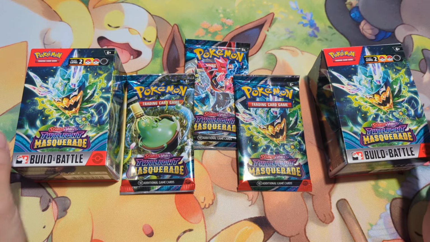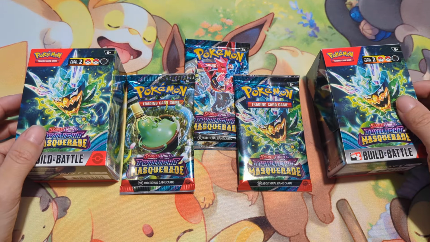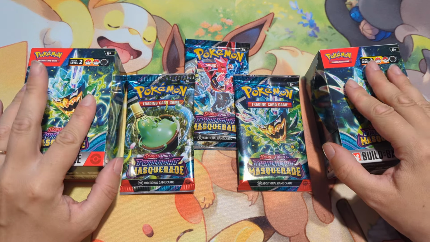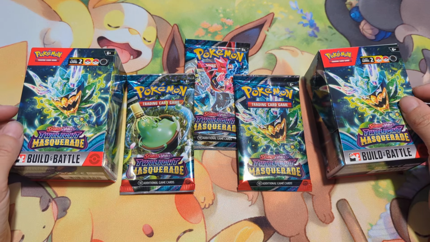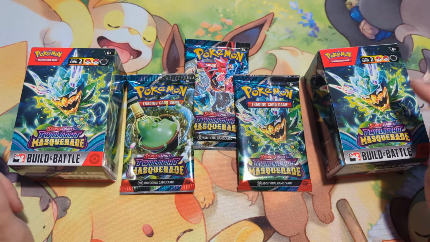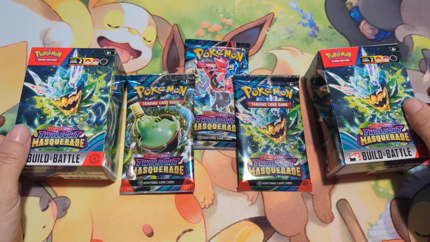Today's a very special video because we're going to be talking about the new set Twilight Masquerade, which has not been released yet. It comes out in like 2 weeks. But today I went to 2 pre-releases. So I have 2 Build and Battle pre-release boxes,